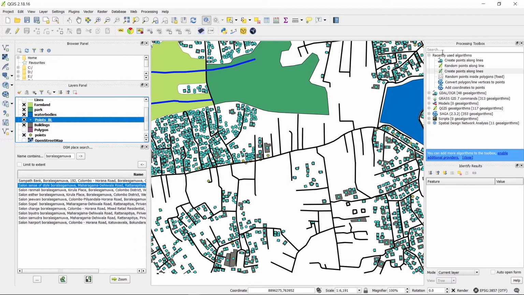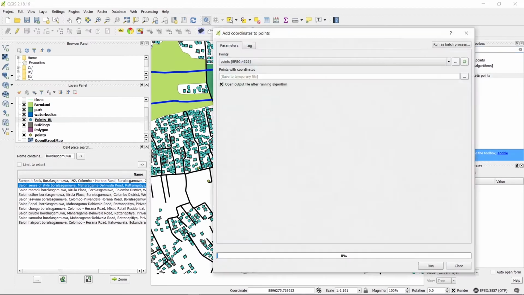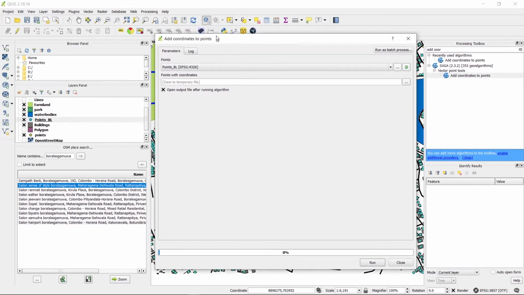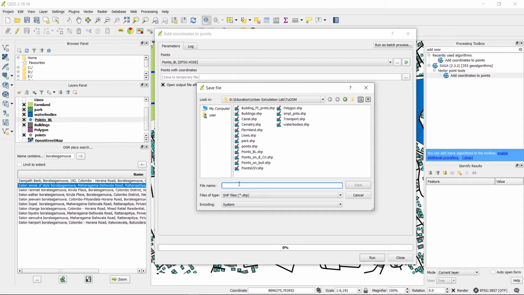So what I need to do is generate coordinates for these points. So search for add coordinates to points. Select this and select the layer which is point BL and output save file, points with coordinates.